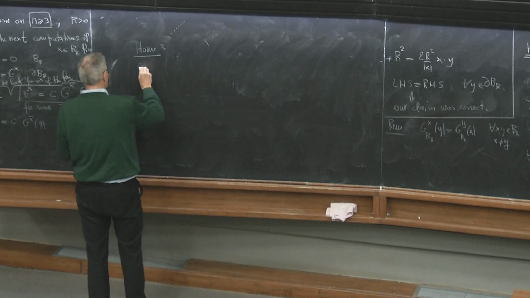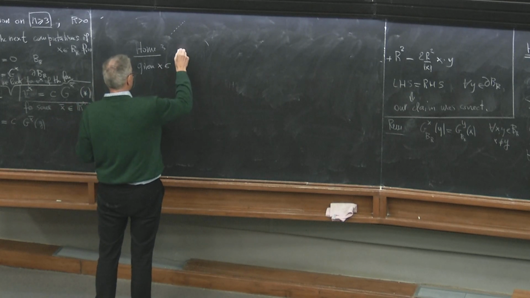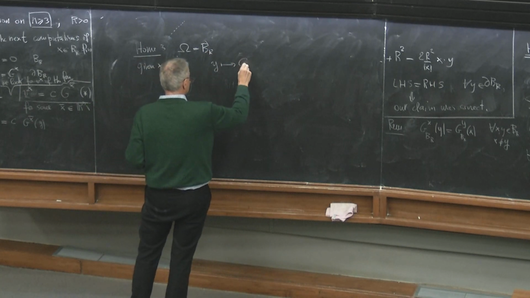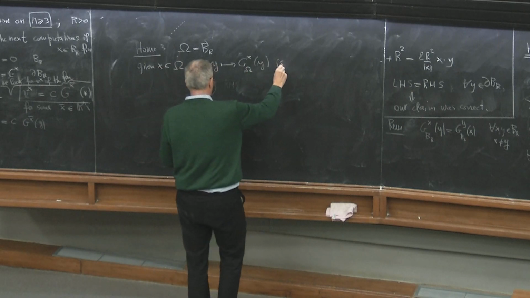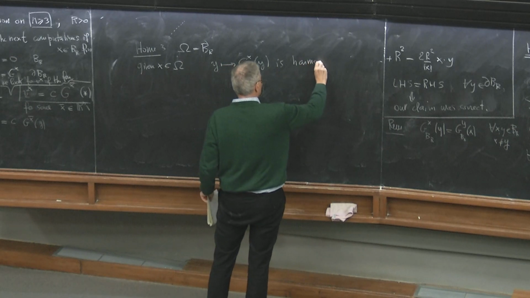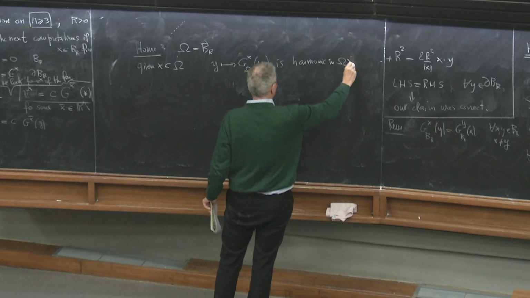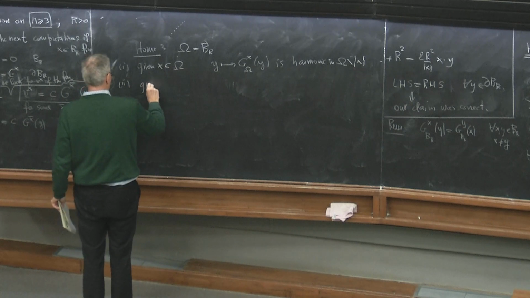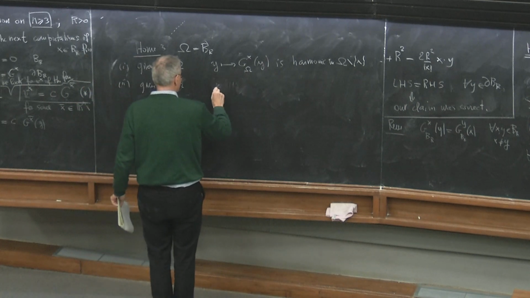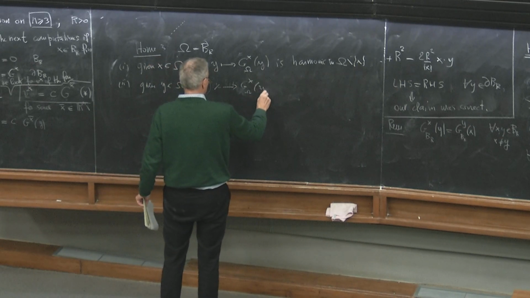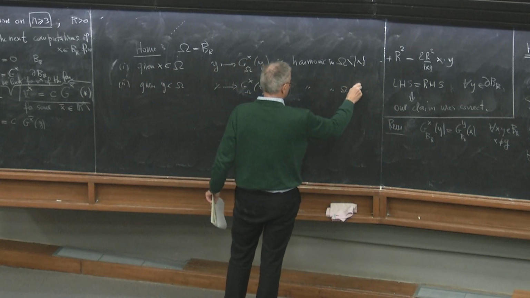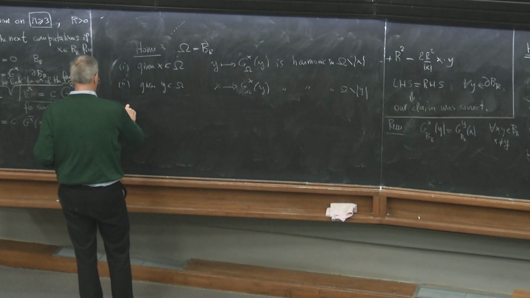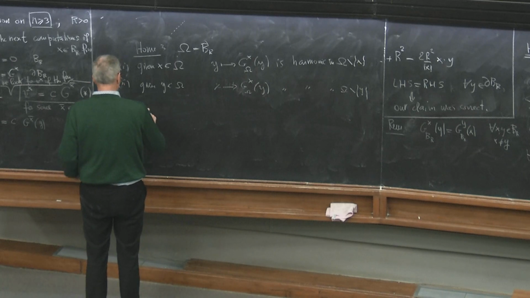So, given x, now omega is the ball, the function y into y is harmonic in omega minus x. 1, y in omega, the function y, 3, given y in omega,